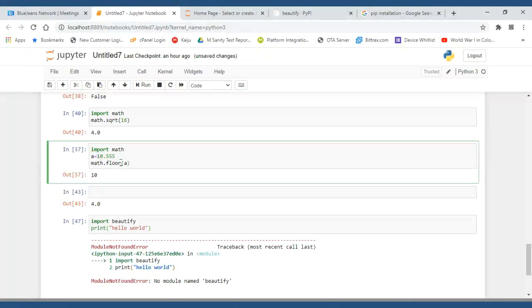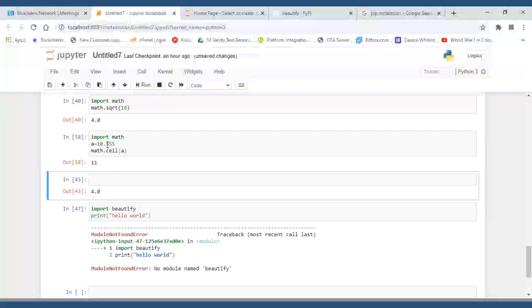Now ceiling, we will see CEIL, the ceiling value of 10.555. If it is less than 10.5, like 10.499, then you would have got 10.